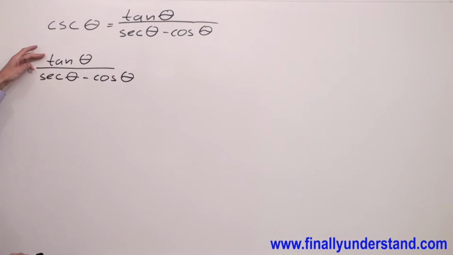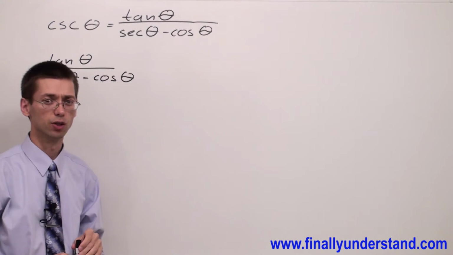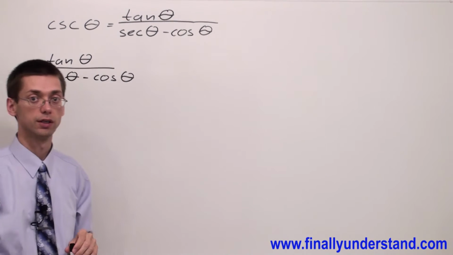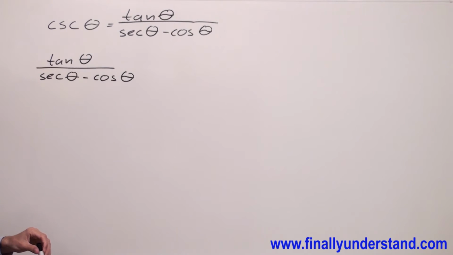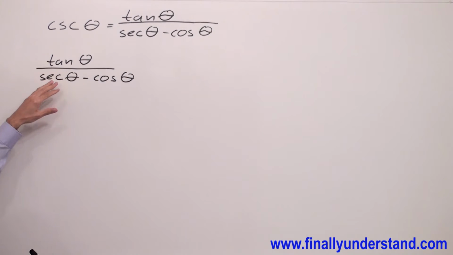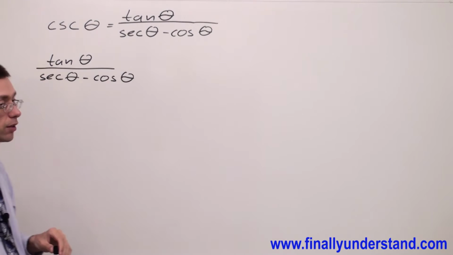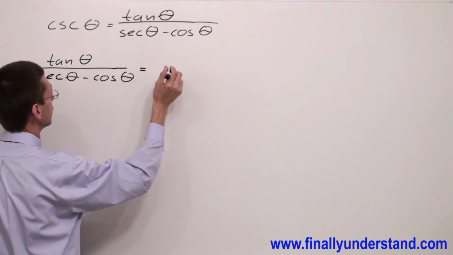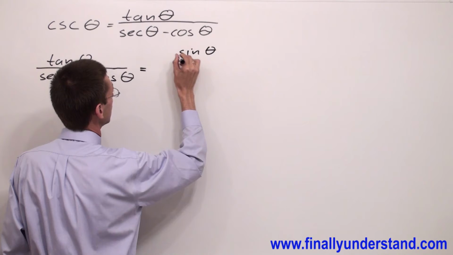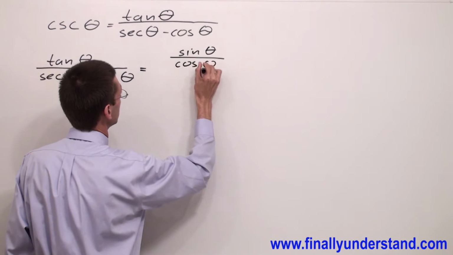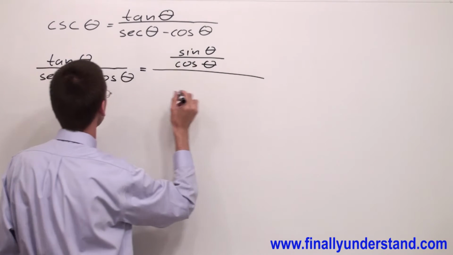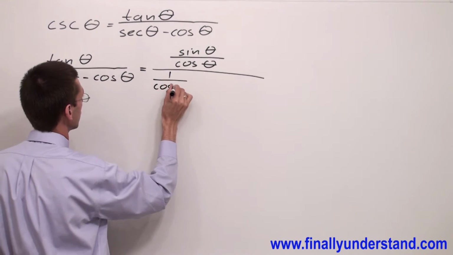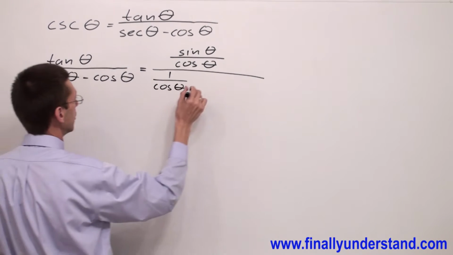Because I have tangent in the numerator, I have secant in the denominator, so I'm going to convert tangent to the sine over cosine. I'm supposed to use the quotient relation, and I'm going to use the reciprocal relation to rewrite secant theta as 1 over cosine theta. So let's do it. We have sine theta over cosine theta in the numerator because it's my tangent, and in the denominator I have 1 over cosine theta because this is my secant theta minus